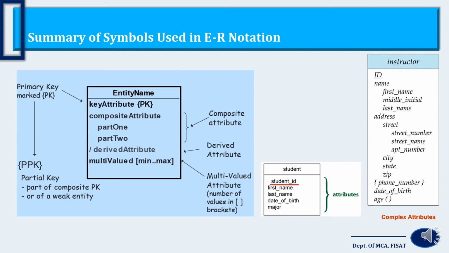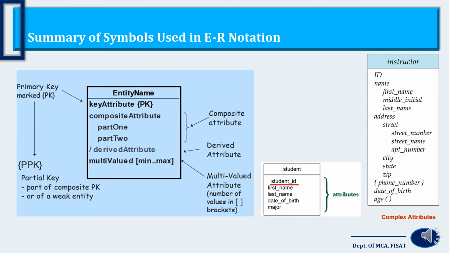And in the case of a composite attribute, how are we going to represent it? The name is going to be divided into three parts, right? So these parts need to be specified in the definition: first name, middle name, last name. So this name is divided into three parts. Make sure that we put some indentation to represent that it is a composite attribute.